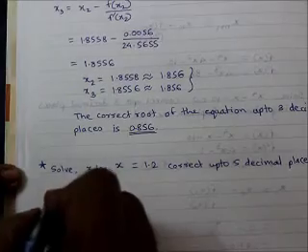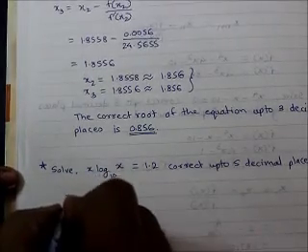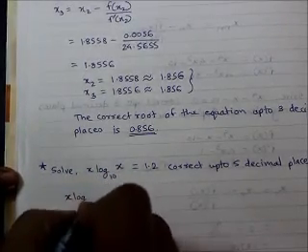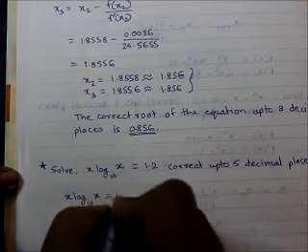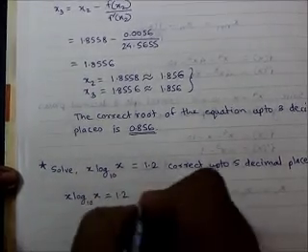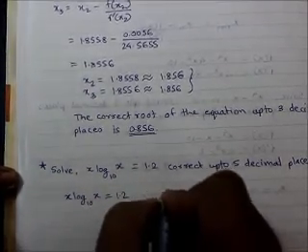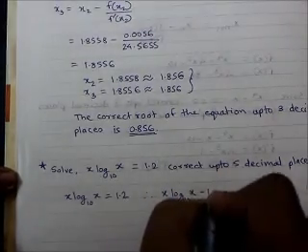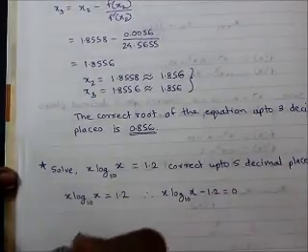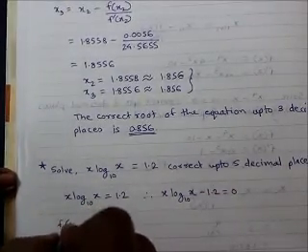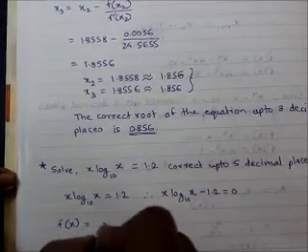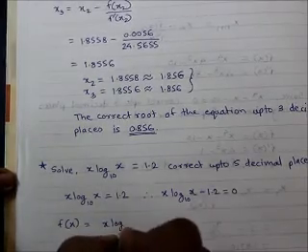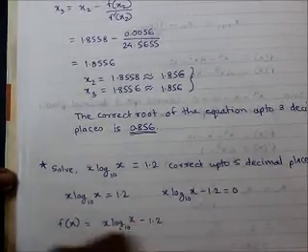Okay, all right, so x log to the base 10x is equal to 1.2, which means that x log to the base 10x minus 1.2 is equal to 0. Okay, so our fx is nothing but x log to the base 10x minus 1.2,